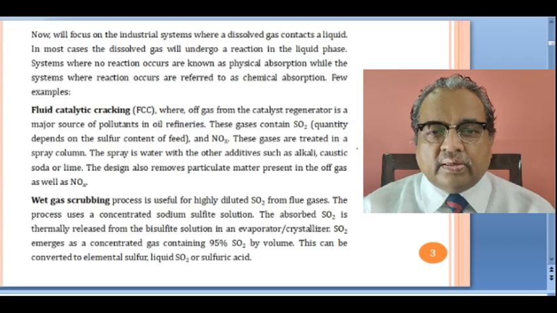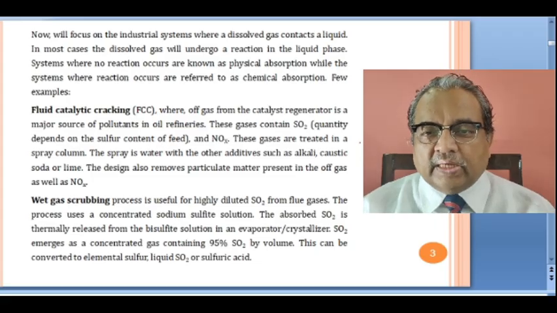The spray is water with other additives such as alkali, caustic soda, lime, and other chemical reactants. This kind of design also helps in the removal of particulate matter present in the off gas as well as